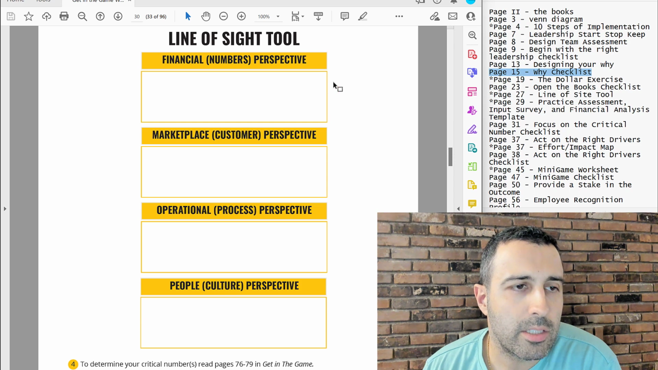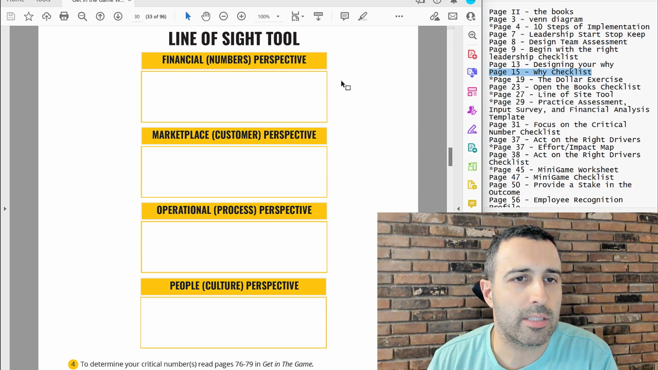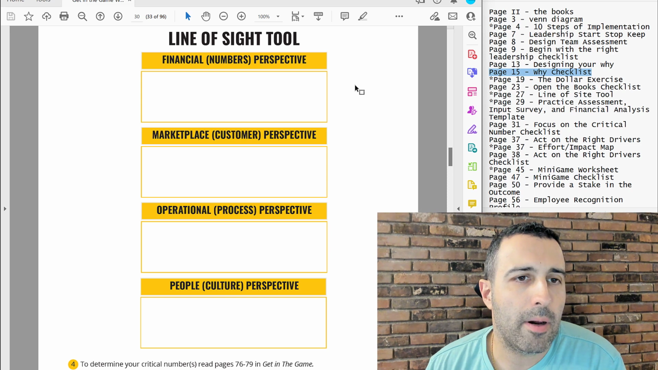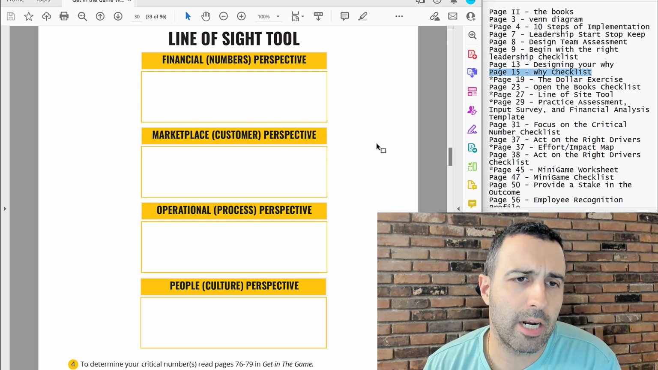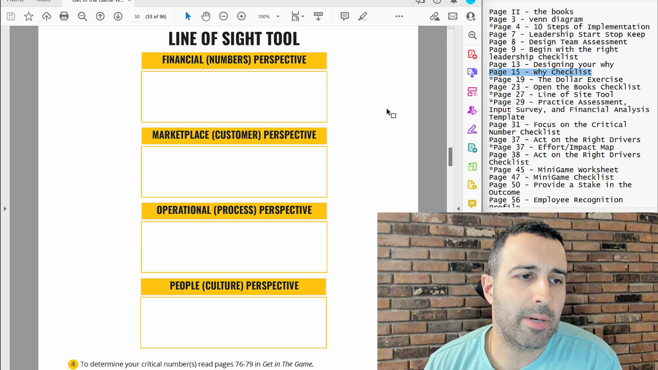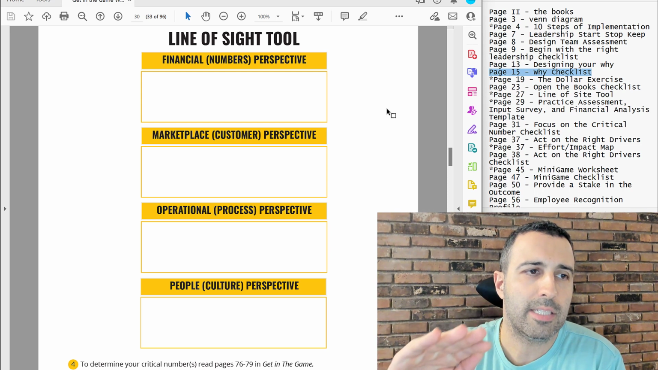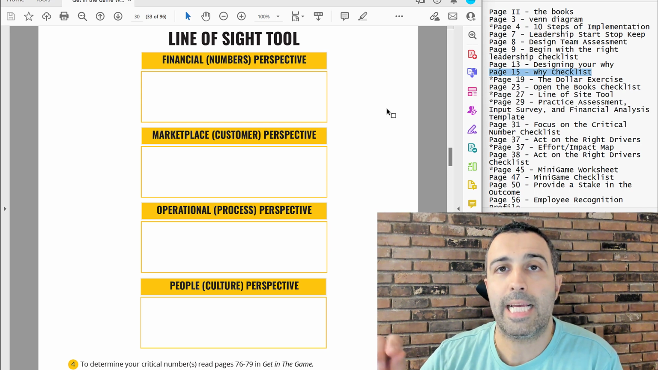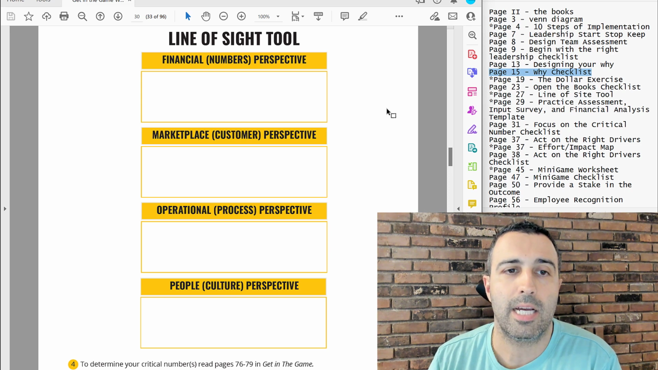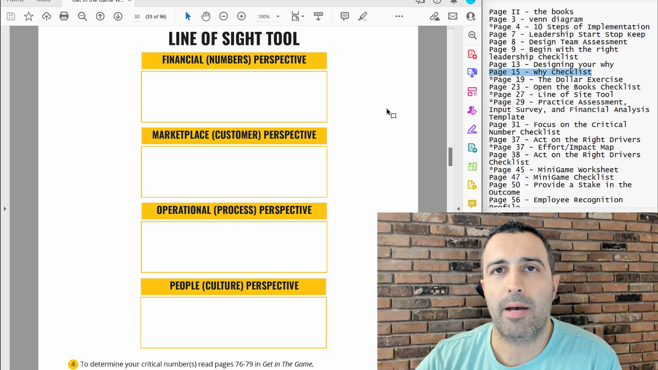And so one thing that's not in here that I want to talk to you about is a really cool exercise, the sticky note exercise. I don't know if you've done this before, but once everybody has their answers for each of these areas, financial, marketplace, operational, people, you start with people first, and you write each of the responses on a sticky note, one per sticky note, and then you put them on the wall